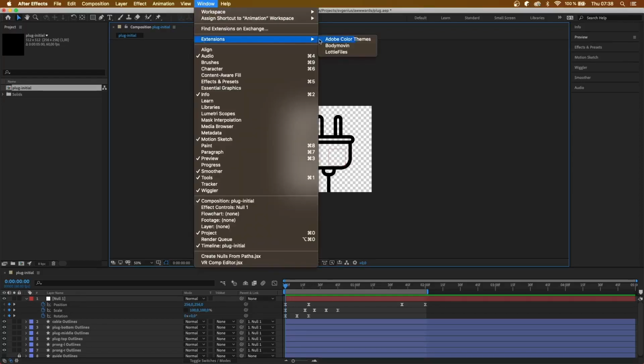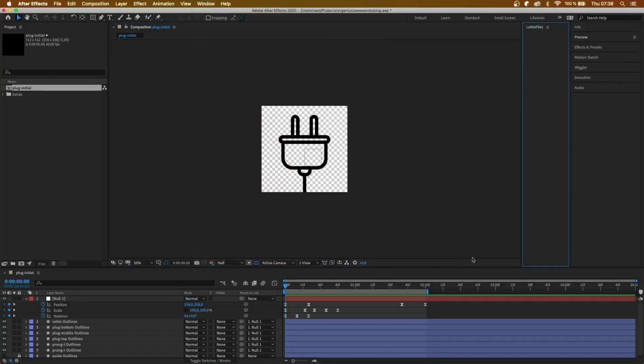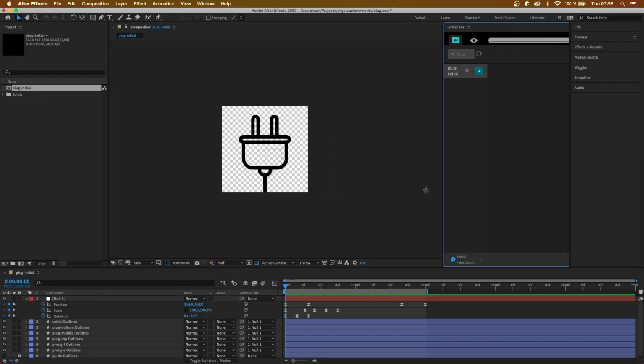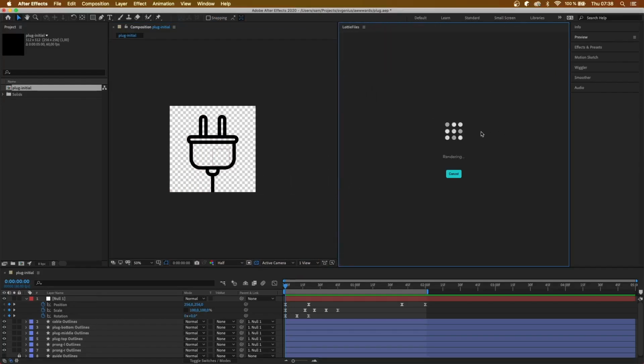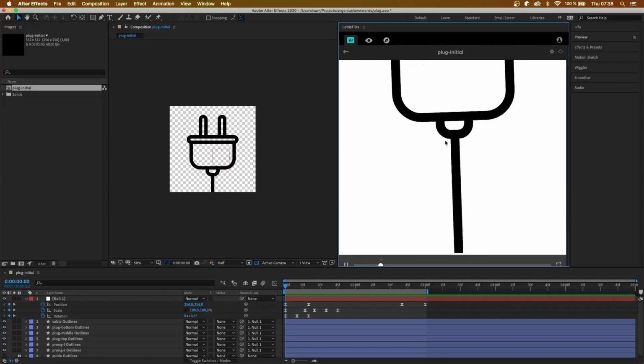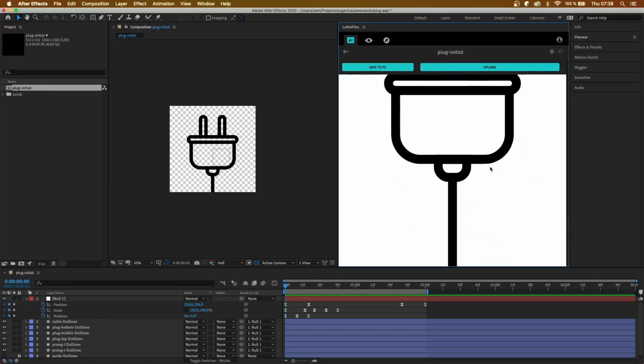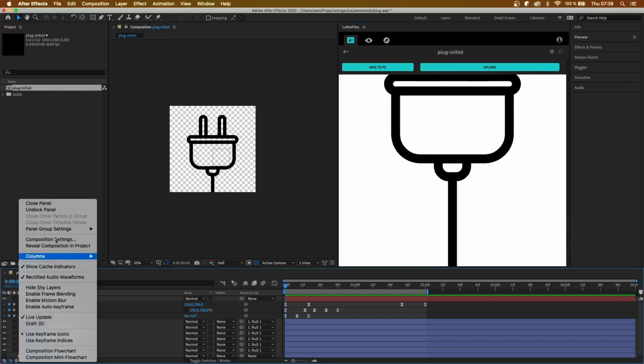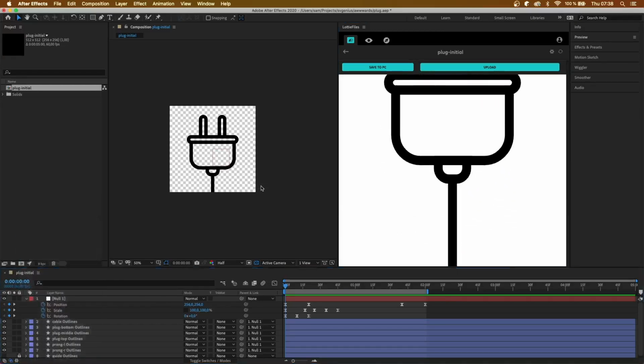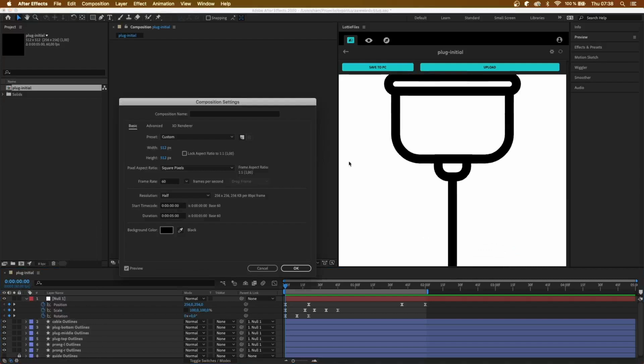Let's look at what it looks like as a lottie. So quickly open Lottie Files and let's render it out. Ooh, it's very zoomed in. What's my comp size? Yeah, it's